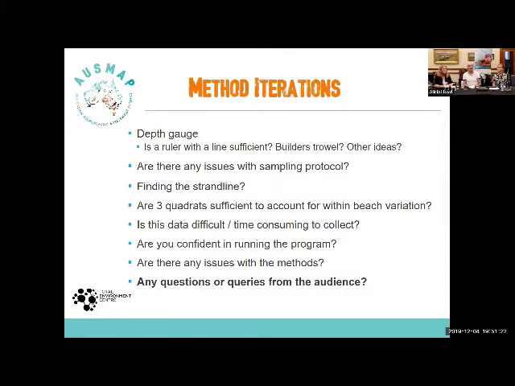No. Okay. Another thing is about the number of quadrats, and 3 is the bare minimum. Why we decide on 3 is because it gives us an average for that beach. You can do more, by all means do more if there's time, the more the better in fact. It's about getting a representation of what's there, and our data shows that 3 is the bare minimum for us to get an idea.